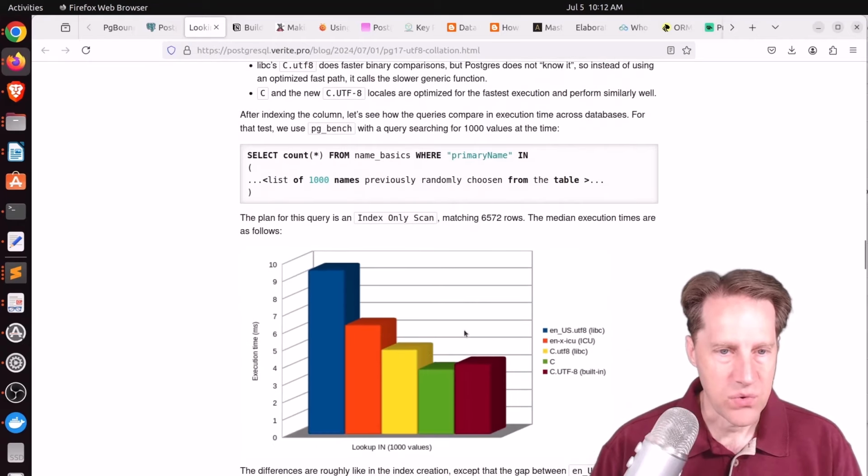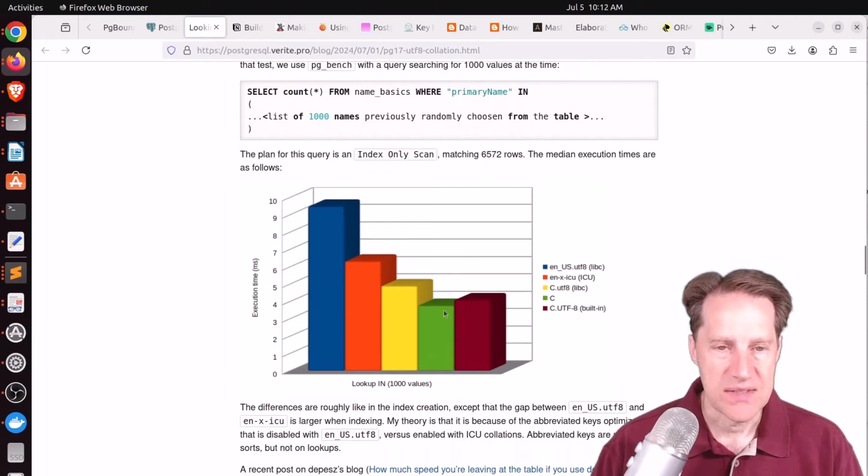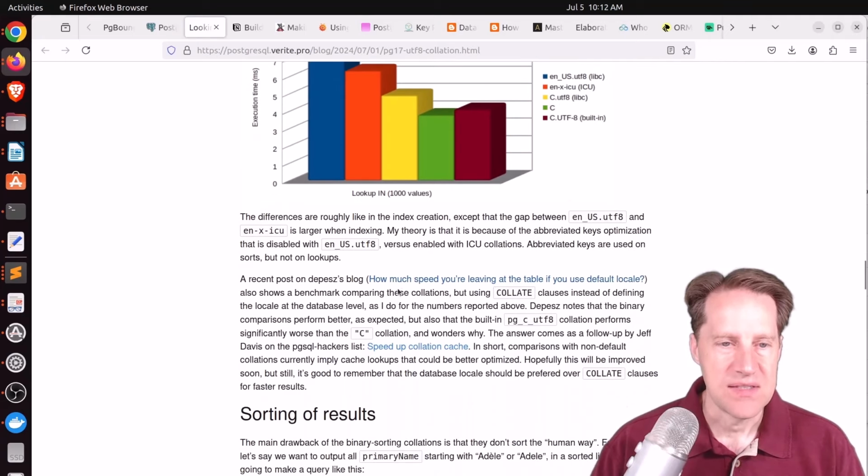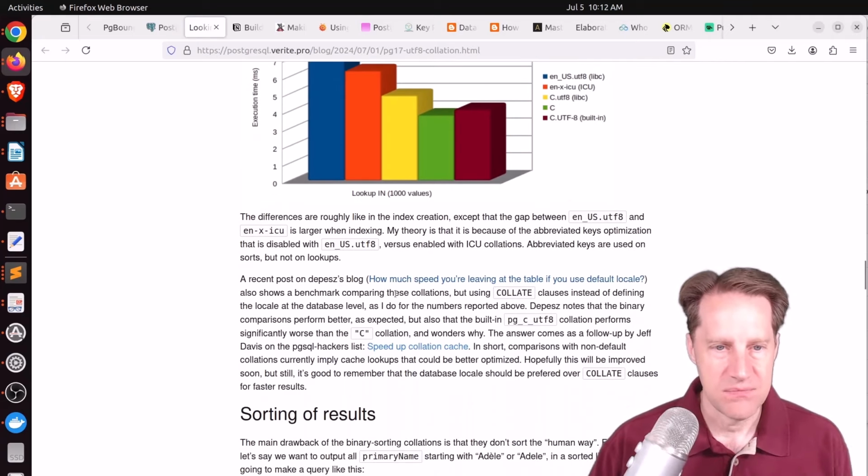And then looking at the query performance, it's not as big a difference, but you can see the C provider is the fastest. The CUTF-8 from the built-in provider is just in second place by a small amount, being even faster than the libc provider CUTF-8. So that's great. And he says the reason for this is that when Depeche was doing his testing, he was